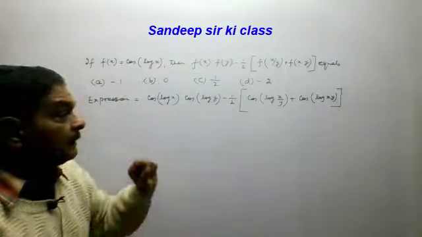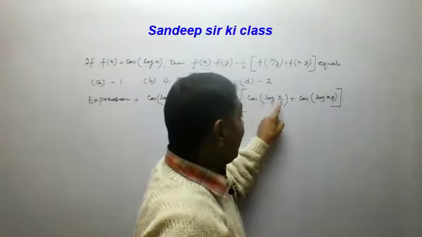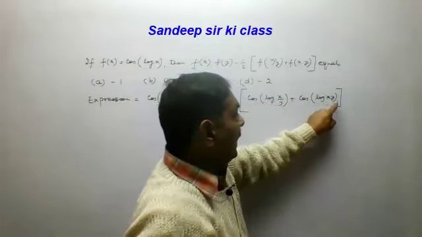This we are obtaining. Now, in this bracket, we have cos log x upon y plus cos log xy, which